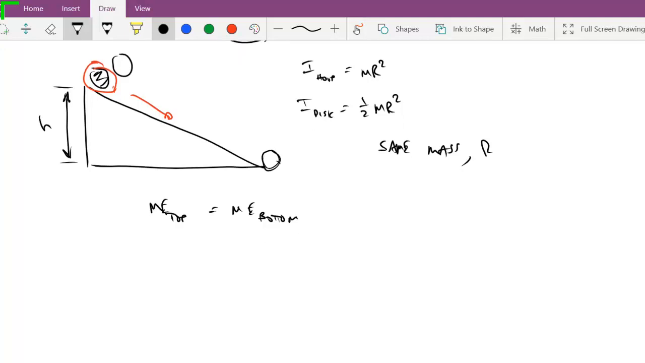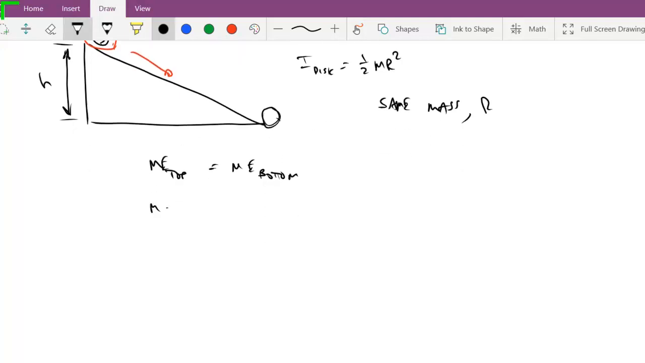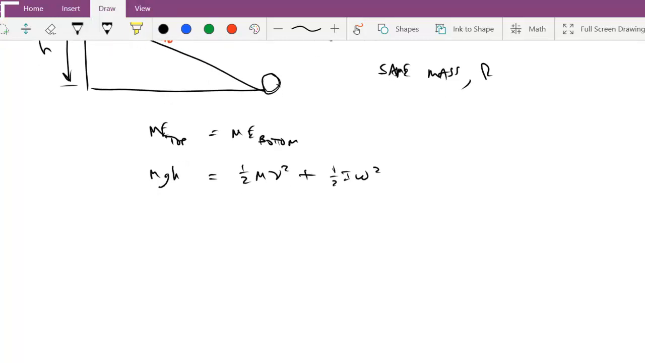So the mechanical energy at the top is just mgh, and the mechanical energy at the bottom would be their linear kinetic energy, 1/2 mv squared, plus the rotational kinetic energy, which is 1/2 I omega squared, as we just defined a minute ago. Okay, so if we want to find out whichever one has the highest linear speed, that is going to be the one that